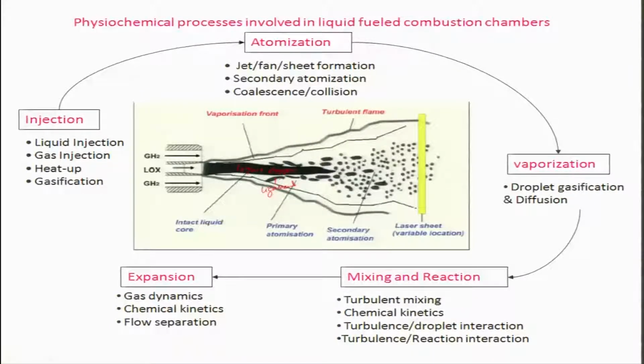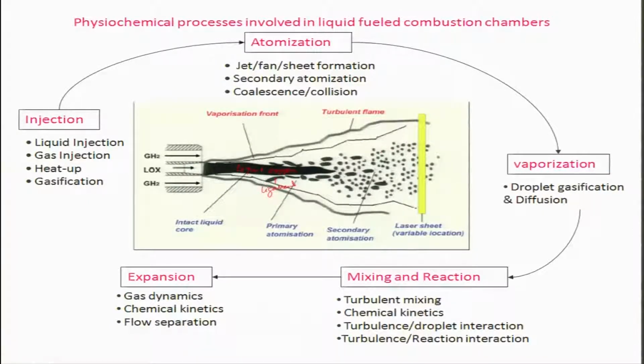This separation of ligaments from the bulk liquid is known as the primary atomization, and later on these ligaments will be converted into droplets, which then interact with the surroundings. Sometimes the droplets may coalesce, but not near this place, maybe far away, where momentum is much reduced. Coalescence means two or many small droplets combine into bigger droplets. That occurs only when the momentum is not there and combustion has not taken place. So, it is a quite complex process.